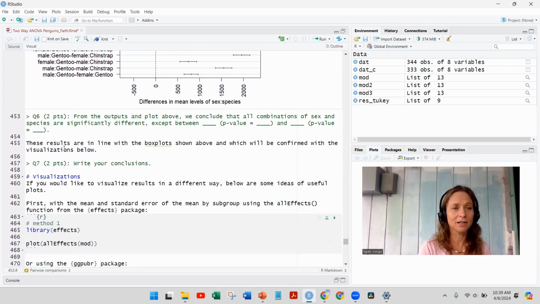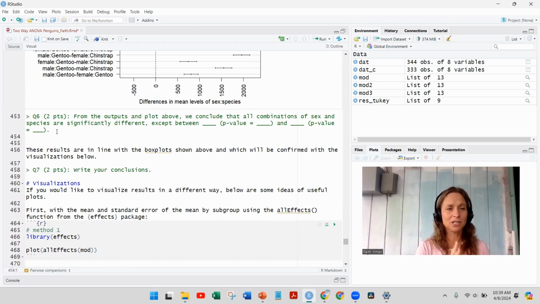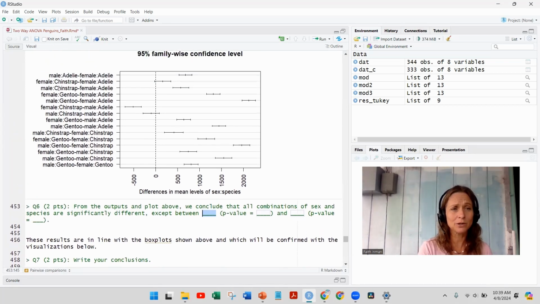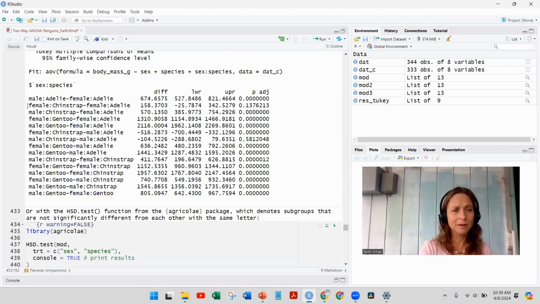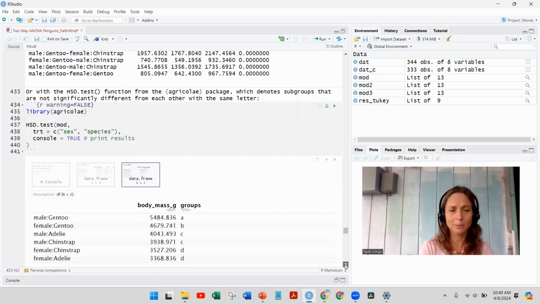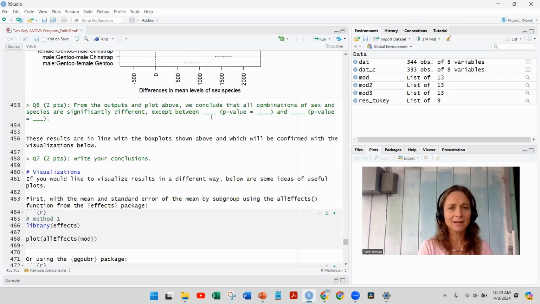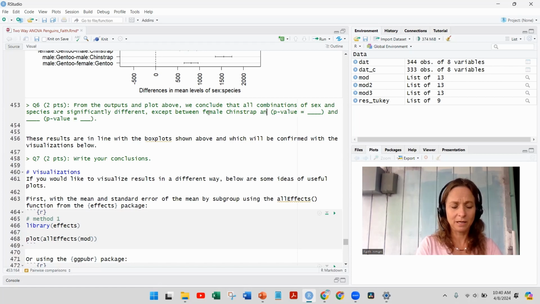Right? Now we can write our question 6 from the output and plots above. We conclude that all combinations of sex and species are significantly different, except between, what's the comparison that was not different? What I just told you, female chinstrap and female Adelaide, and the p-value you take from this up here. So except female chinstrap and female Adelaide, and the p-value is 0.13, right? So you put that in here. Down to the question, between female chinstrap and female Adelaide,